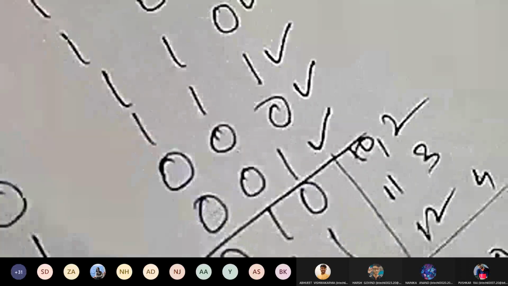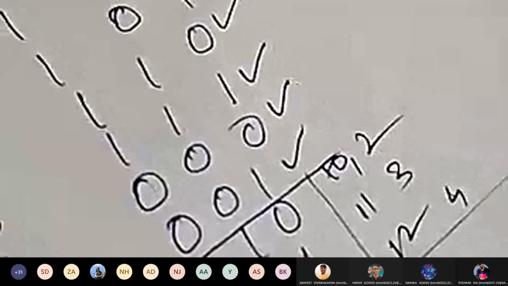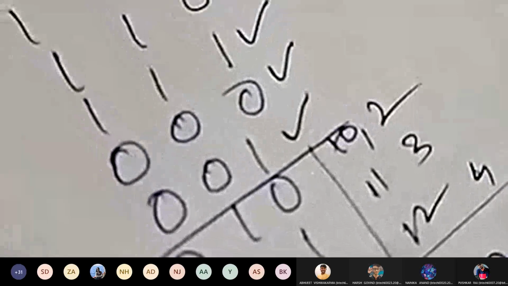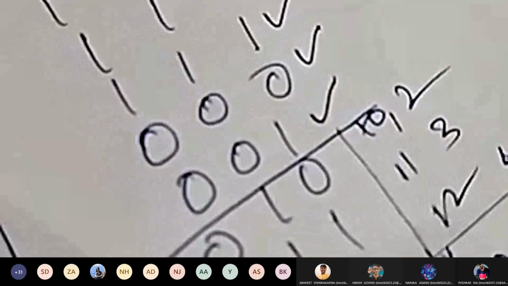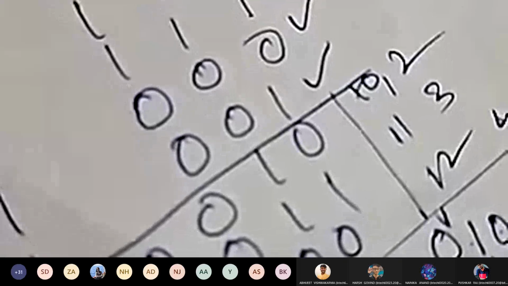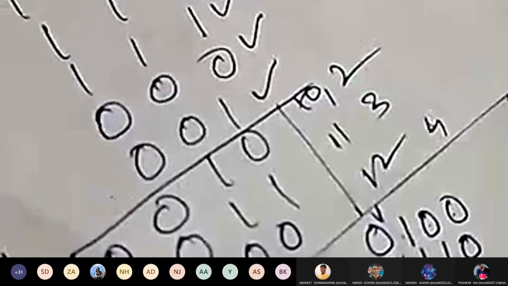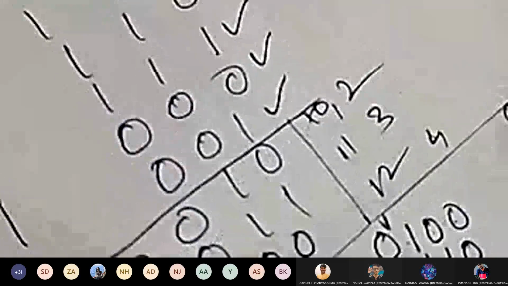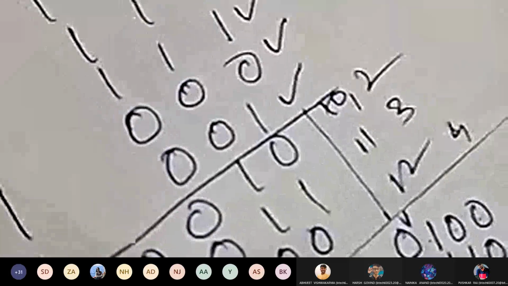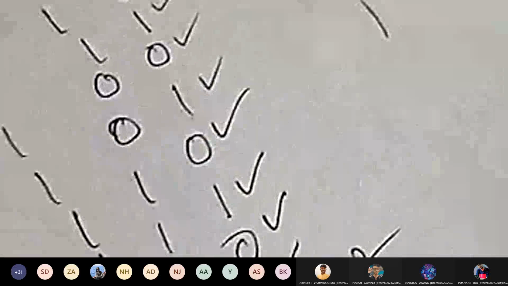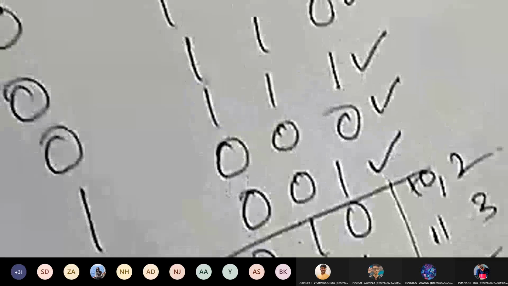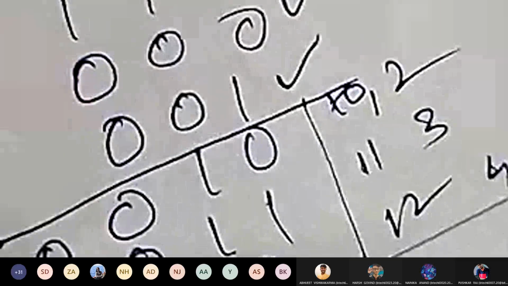So now can you tell me how you will find out the expression? Can anybody tell me how to find out the expression? Anyone? Any of you? I just want to listen from all of you how this will happen, how I will find out the expressions for this. So I'll give you 1 minute to think, then you tell me. I'm waiting for your reply. Any reply, anything you give, but you have to give a reply.